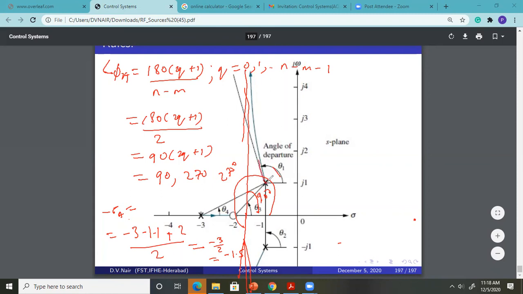So it moves like this. This is how it goes. It goes parallel to your asymptote. Similarly, this branch in symmetrical position, here it was minus 251, and here it will be plus 251. Plus 251 will be this angle of departure. Here the angle of departure was minus 251, so this root locus branch will leave this and follow this in this direction.